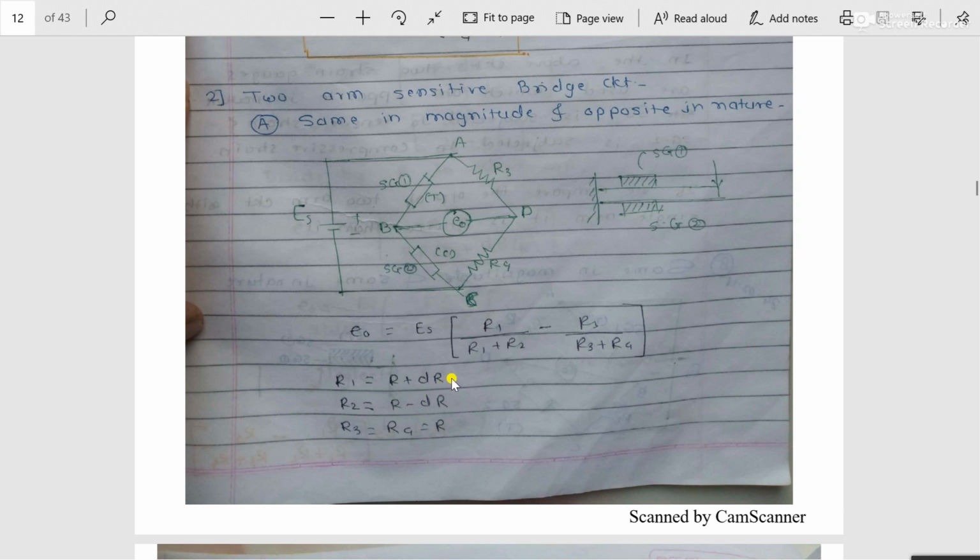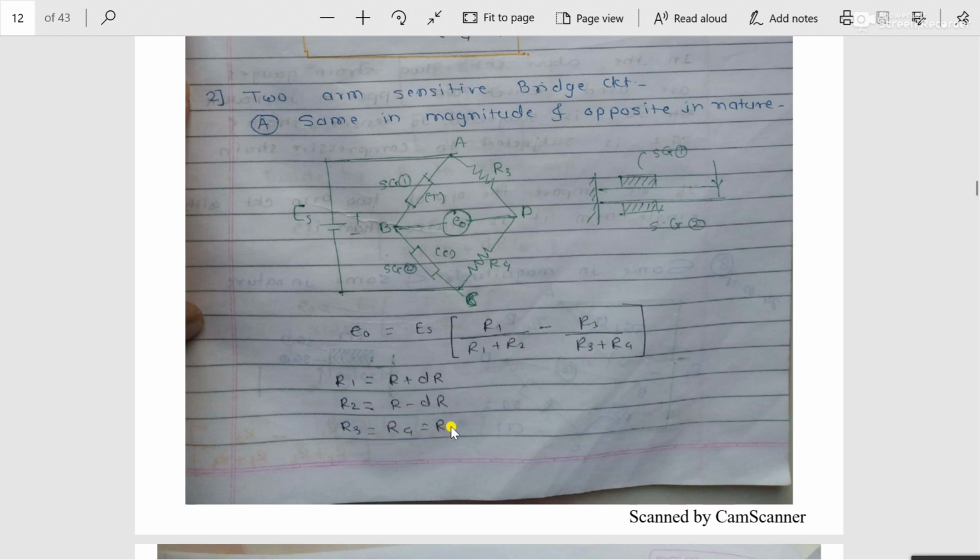That means strain gauge number 1 is subjected to tension, so we have calculated R plus delta R. Strain gauge 2 is subjected to compression, so according to that compression we have calculated the value of R2 as R minus delta R. And what about the remaining two arms on which the resistances R3 and R4 are there? The resistors mounted on arm number 3 and arm number 4 are fixed resistors. So in R3 and R4, before and after application of load, the resistance will not change because these two resistors are fixed. Therefore R3 is equal to R4 is equal to R.